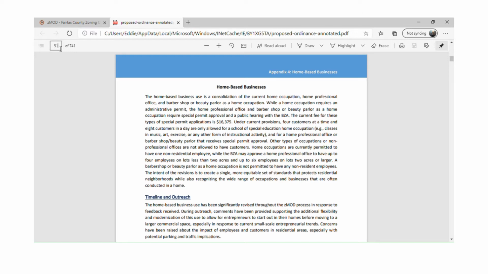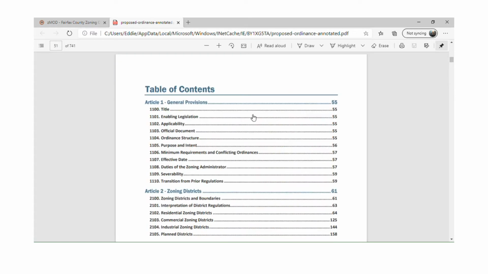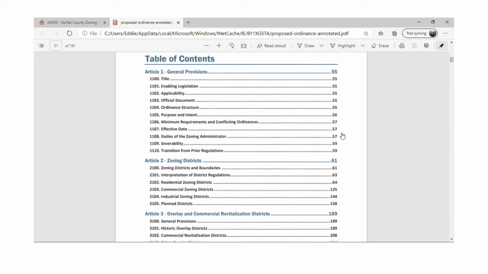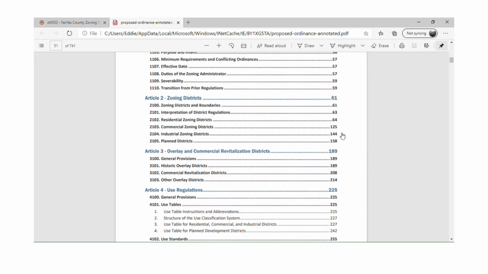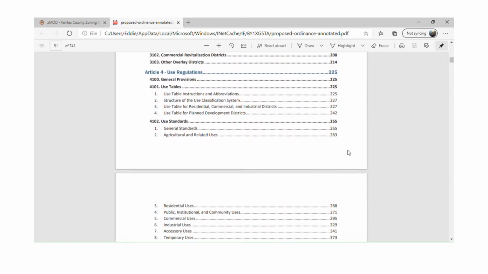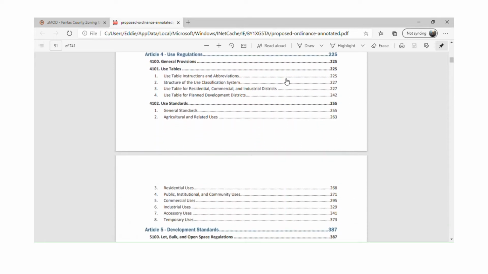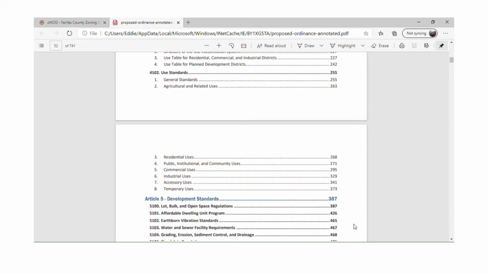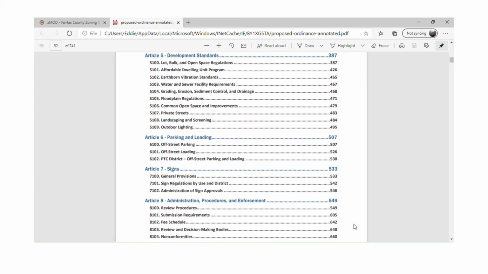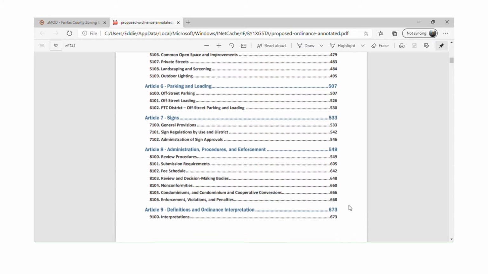If you navigate to page 51 of the document, you'll see our table of contents. This is all hyperlinked and you can navigate between the different articles. Article 4 includes the use regulations, which has both of the use tables as well as the use standards. Article 5 includes development standards, 6 is parking and loading, 7 is signs, 8 is administration, procedures, and enforcement, and